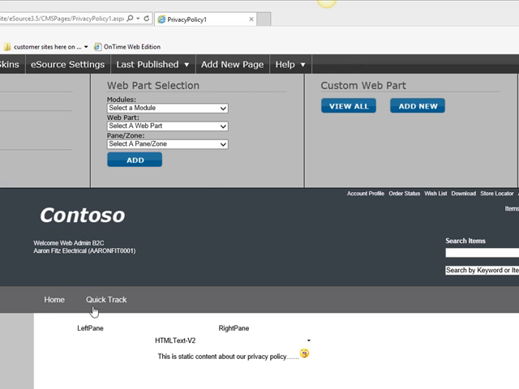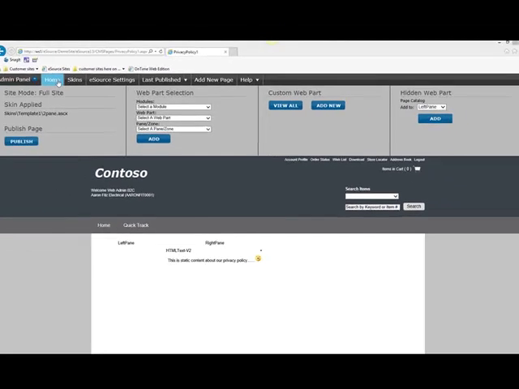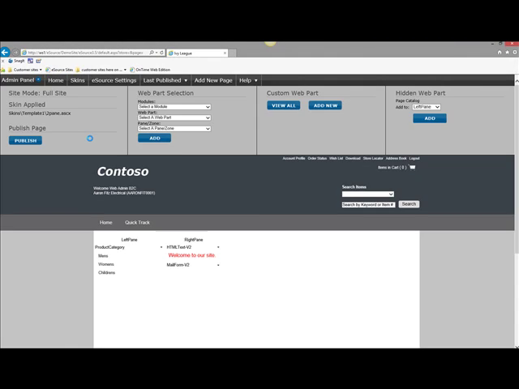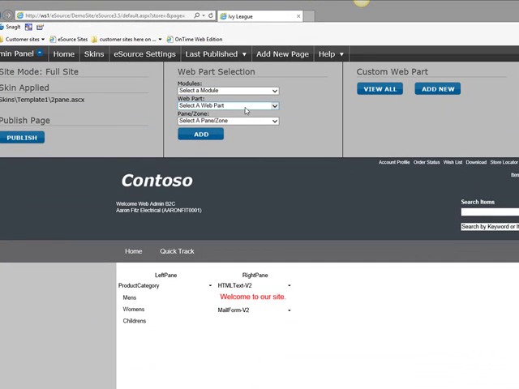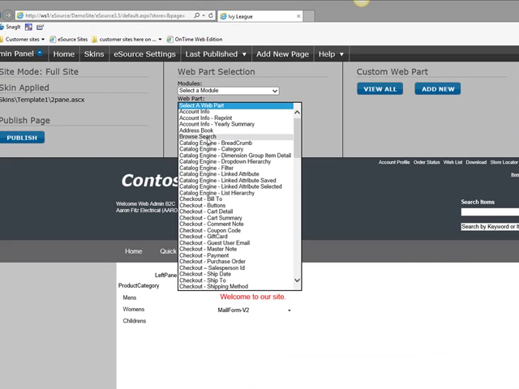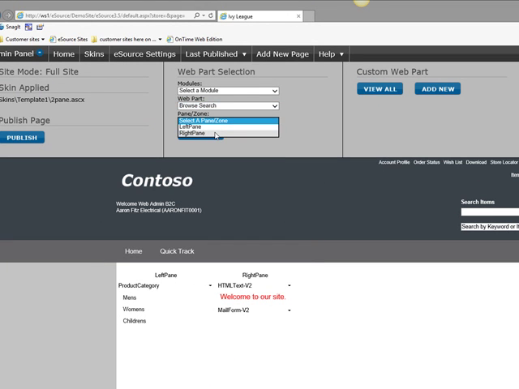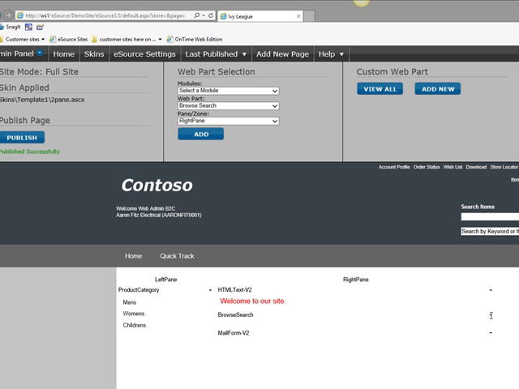So now back to the website. If on my home page I want to advertise my featured items, what I have to do is put on what's called a browse search web part, and I'm going to put that into the right pane, and I'm going to publish it. Now I'm going to go to the settings on this,